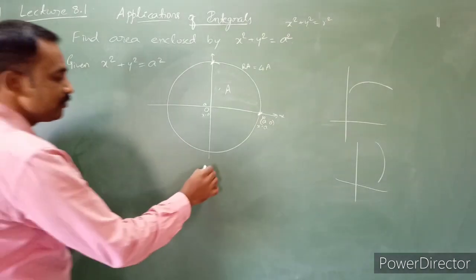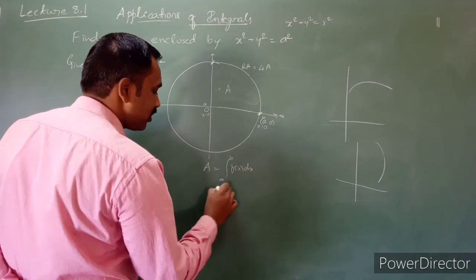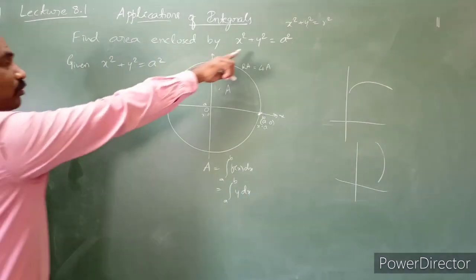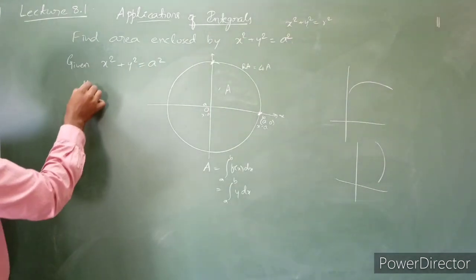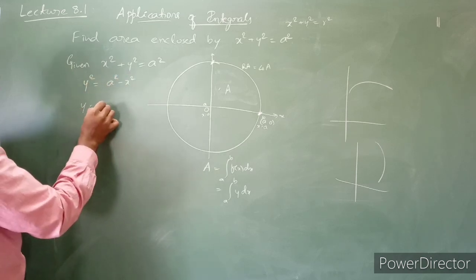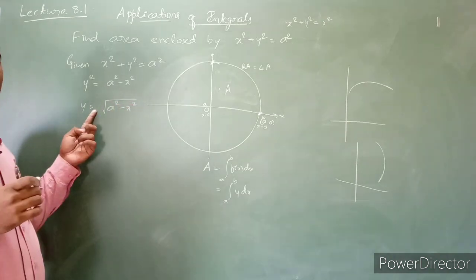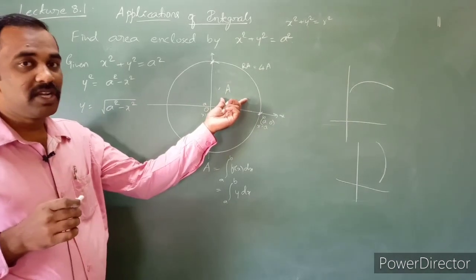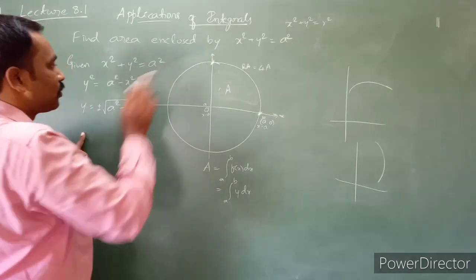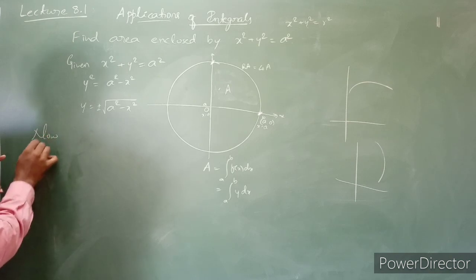Okay. Now I need the area is equal to integral of a to b f of x into dx, or else we can write integral of a to b y into dx. We need the y value. So from the given curve, get the y value. Y square is equal to a square minus x square. Y is equal to plus or minus root of a square minus x square. I am not going to write the plus or minus because I just consider only the first quadrant. Now the required area is equal to